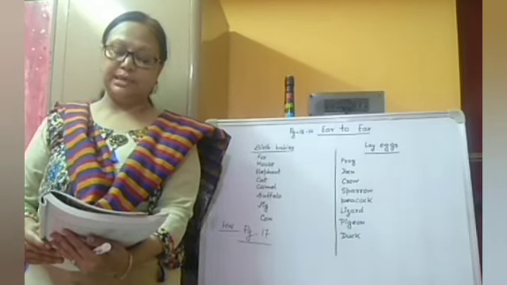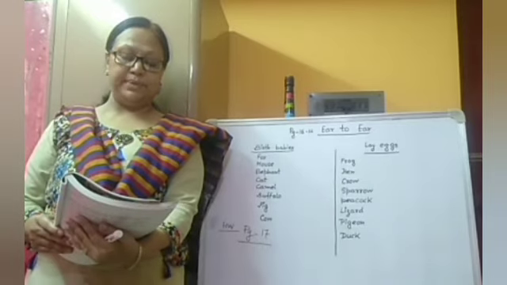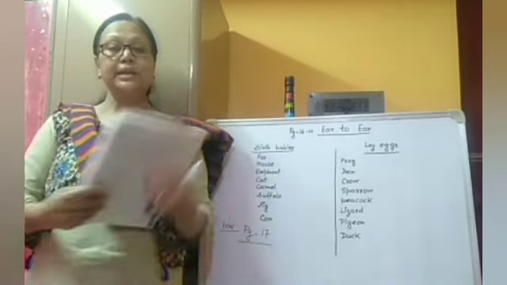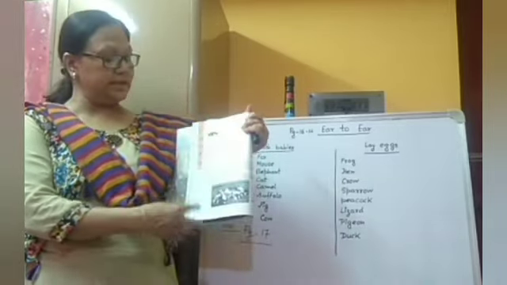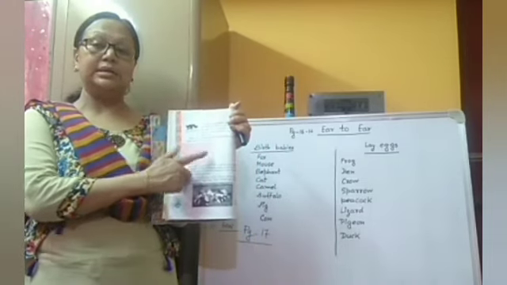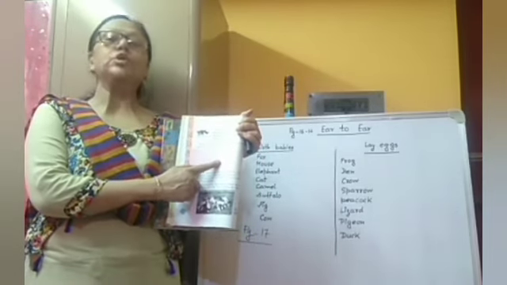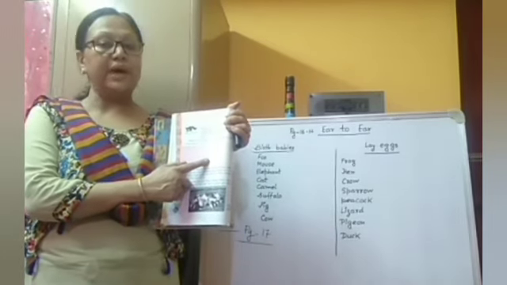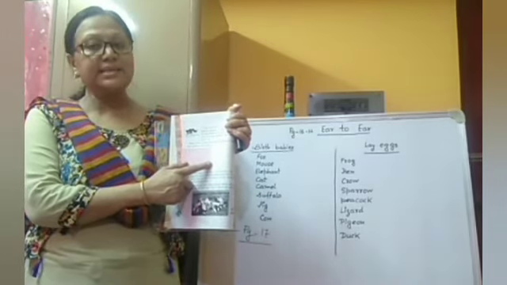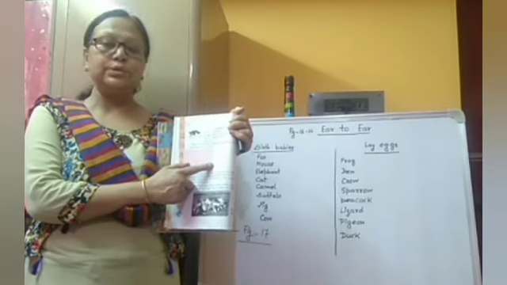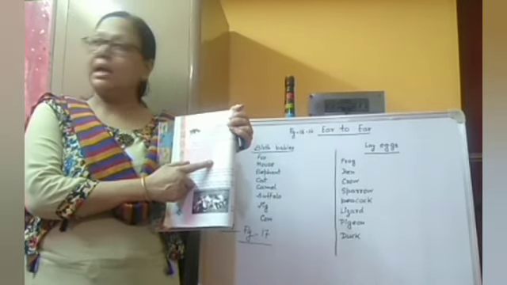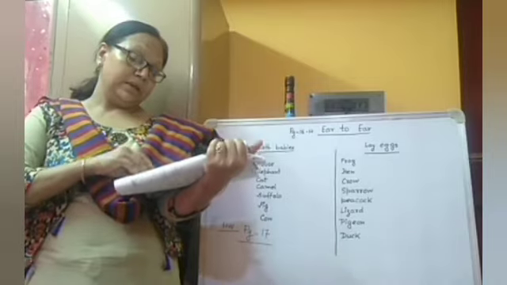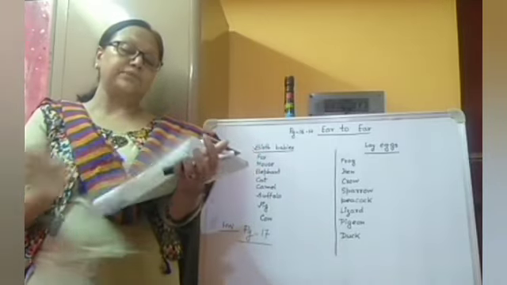Which of the animals in the list give birth to babies? Write their names in the red box. So there are two boxes given here, one is a red box, another one is a green box. Going through the list of animals, we will find which animals lay eggs and which animals give birth to babies, or the young ones. Now we will start from the list of the animals.